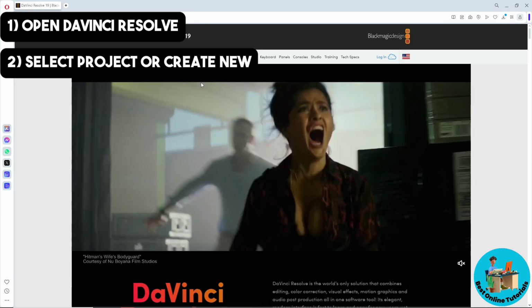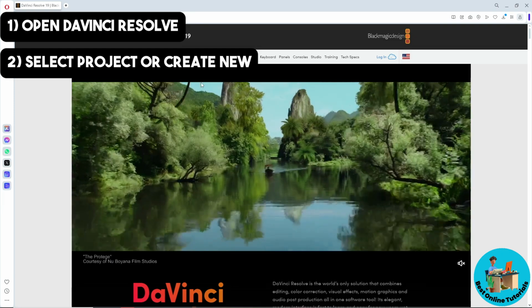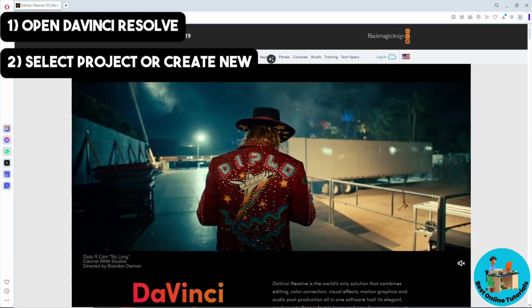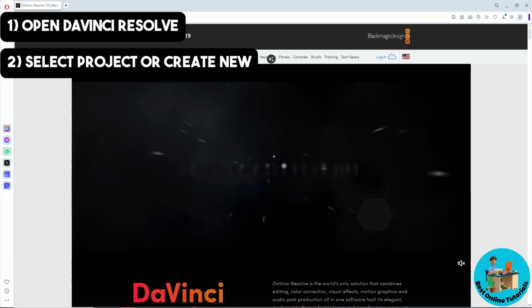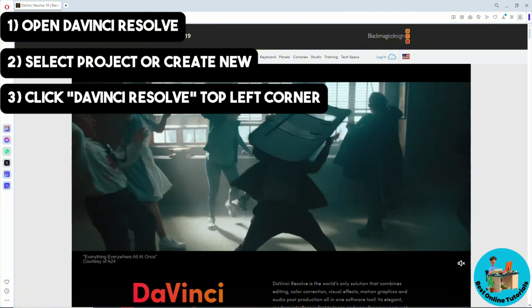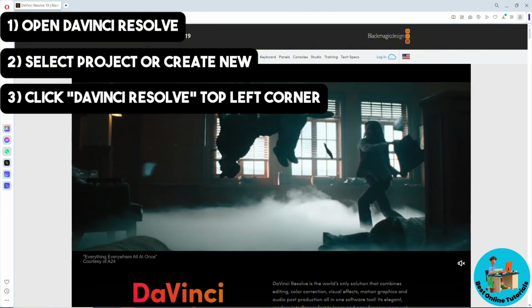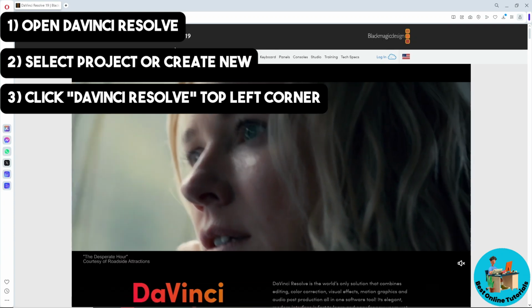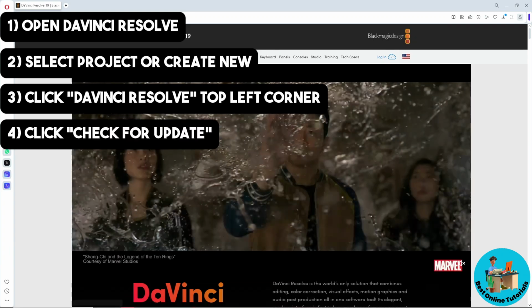Once you are on the editing tab, just simply go ahead and go to the top left corner of the screen. And from there, you should be able to see the DaVinci Resolve. So just click on that. And after that, a drop down will show up and just simply click on check for update, and from there,